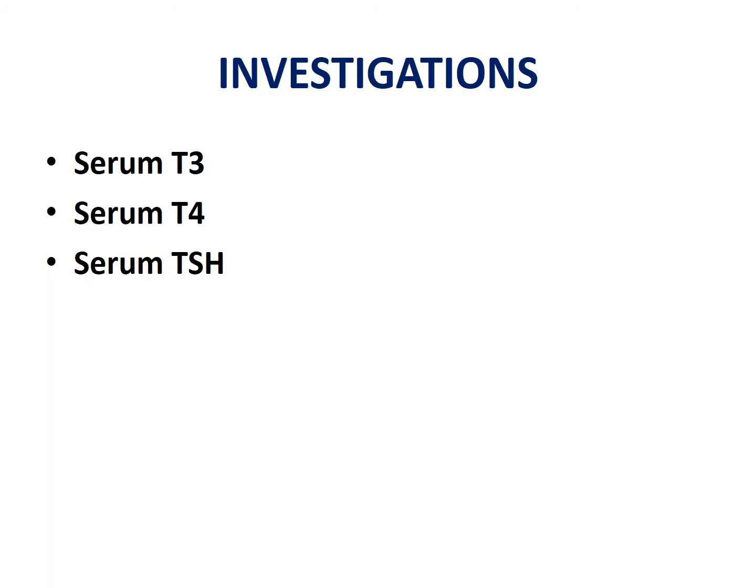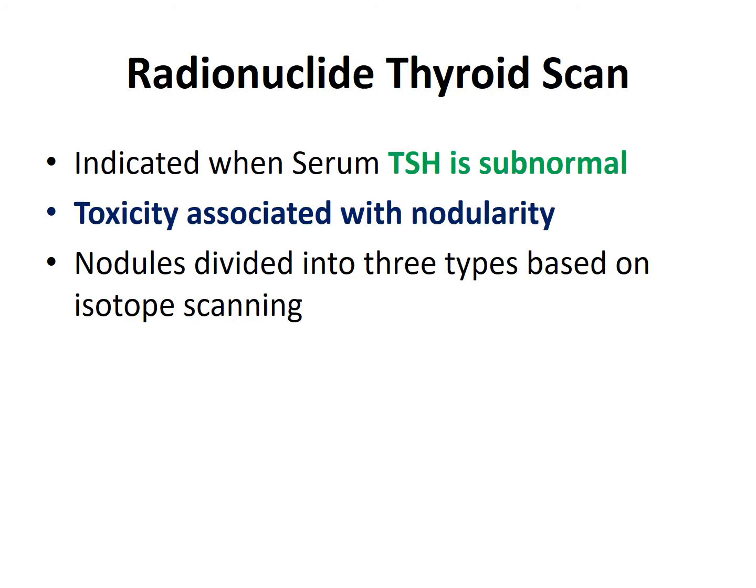The investigations of choice would be assessing the thyroid hormones, which are the serum T3 and the serum T4 levels, as well as the serum TSH levels. Now, this is again very important because we need to ensure whether the thyroid nodule that we are investigating is a hyperfunctioning one or a hypofunctioning one. If you remember our previous slides, I said that a solitary nodule, which is euthyroid, is at a higher risk of being malignant. So that is why we need to confirm the thyroid profile at this point.